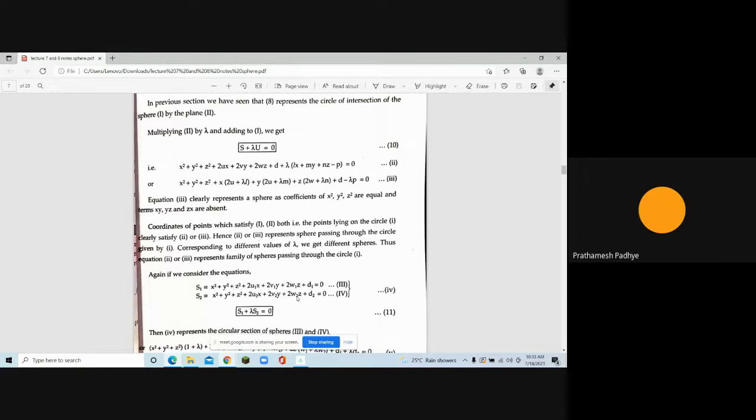Ma'am, explain again, please. Yeah, I'll explain. देखो, पहले तो हम लोगों को ये पता चला that if I have a plane and a sphere, then how will I get the intersection? What will be the intersection? It will be a circle. From that circle, this new sphere which I want can be found with the help of S plus lambda u is equal to 0 with the help of locus condition. Now this lambda will be found with the help of different condition which will be given to you.